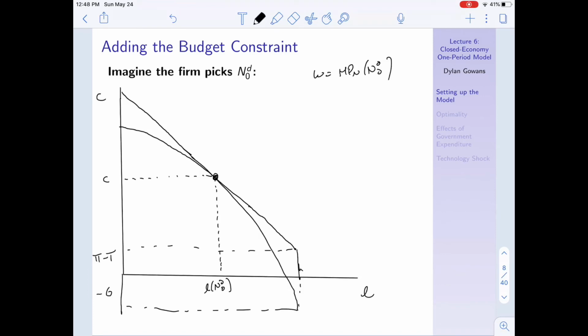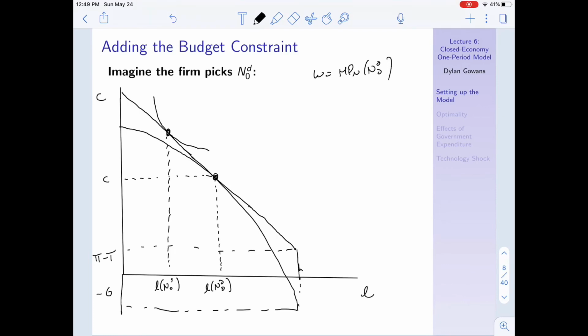But what's going to be interesting about this is, as I said, the consumer can pick any point on this line given what maximizes its utility. So you could imagine it might pick the following point right here. Now, if it does that, notice that we have a problem, okay? In particular, we're not in equilibrium. If the consumer picks that point, that means that it's picking the leisure given by, we'll call this, point labor supply 0. But notice that labor supply is not equal to labor demand,